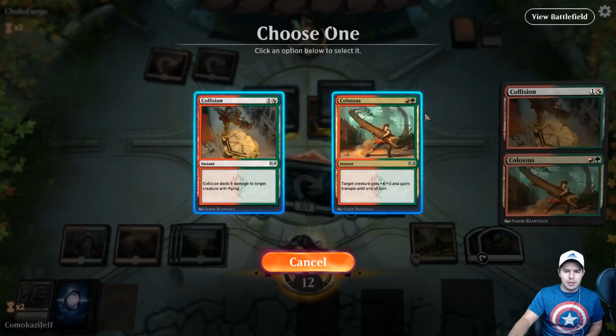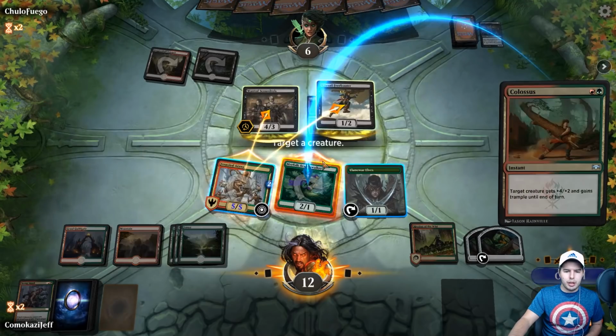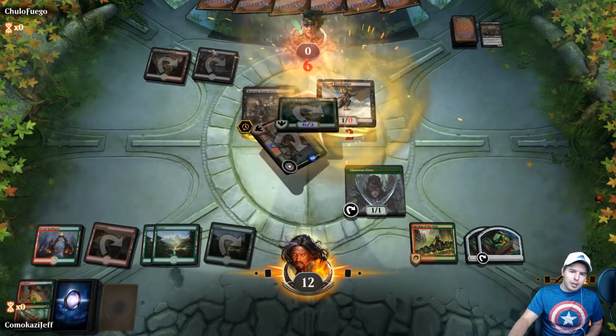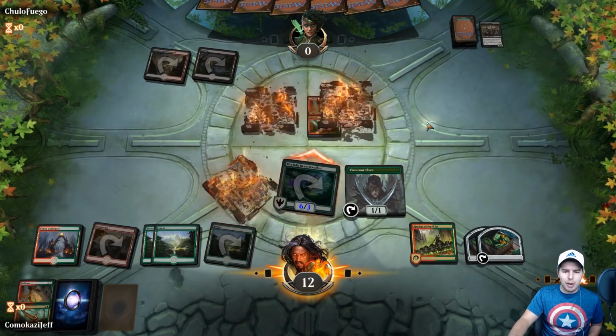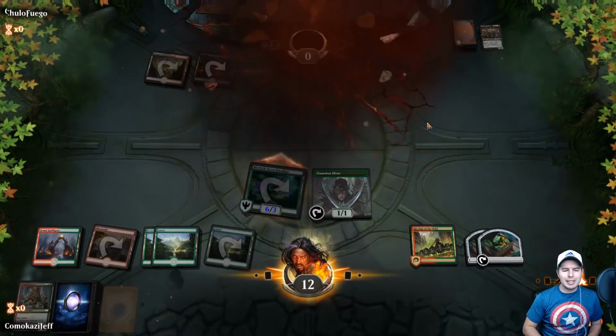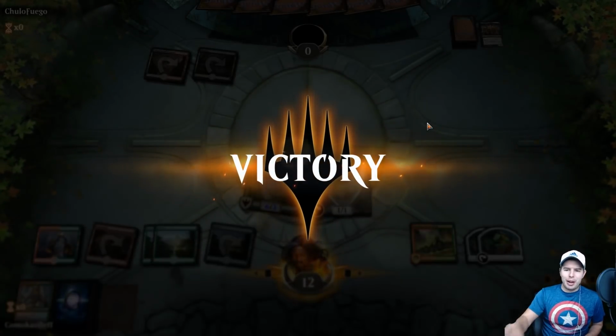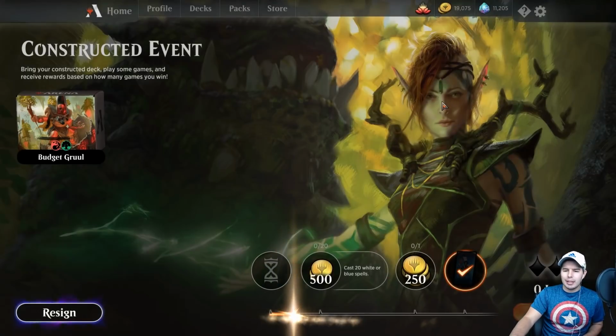Colossus just gives us lethal, right? Here. So, yeah, we're just going to do that. We could also hit through with this guy as well, but there we go. I mean, opponent was stuck on 2 lands the whole time. But, I mean, he let us ramp up with the Wanted Scoundrels as well. I'm thinking that might have been a...